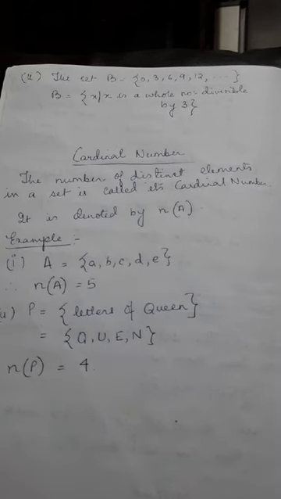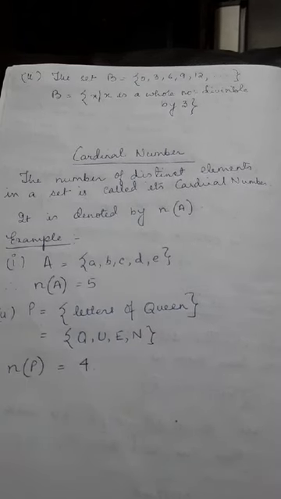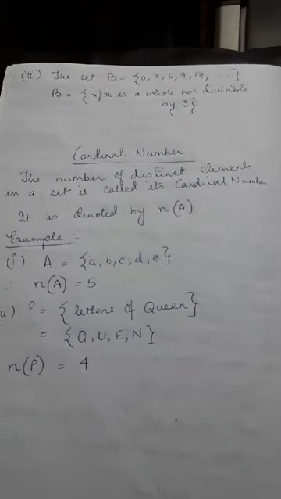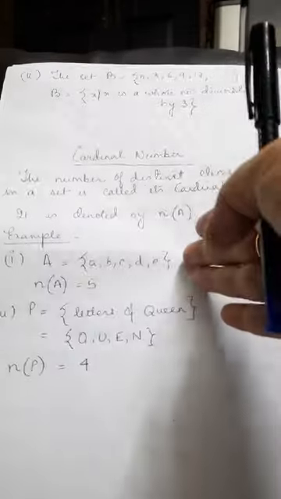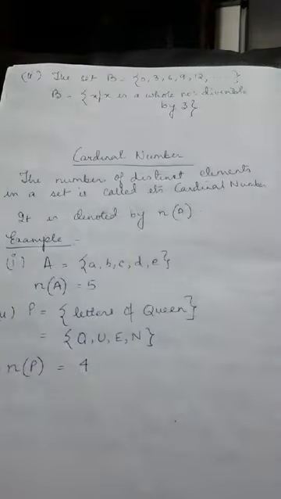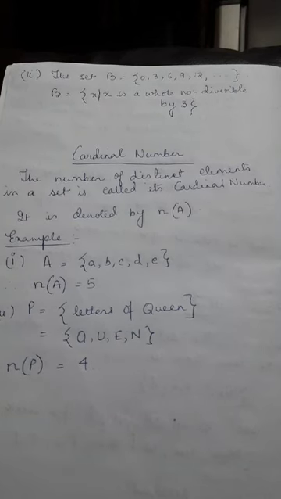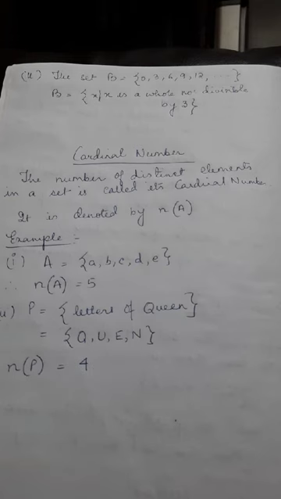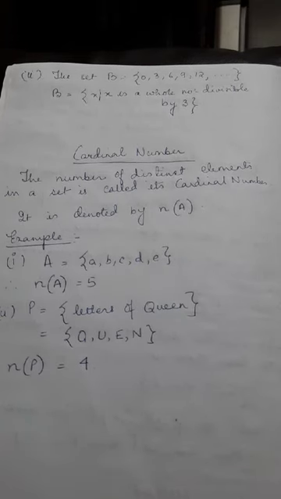Students, I want to tell you that maybe in your question direct members are not given to you. The question is given to you either in description format or set builder method. You have to convert it into roster method, find the members, and then count and write it. So this is how you can get a question in twisted format. You might get a question in twisted format for finding out cardinal numbers, but otherwise it's very easy, cardinal number.